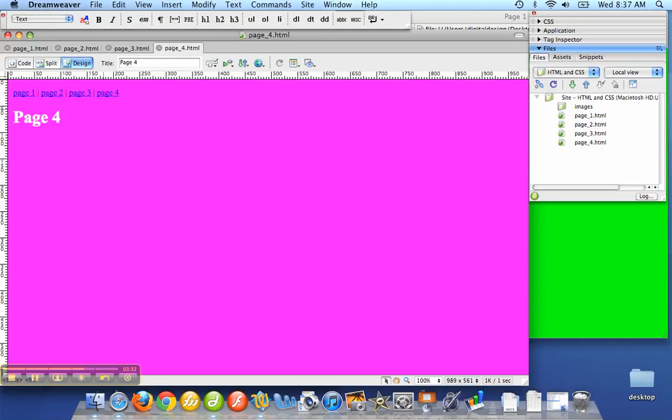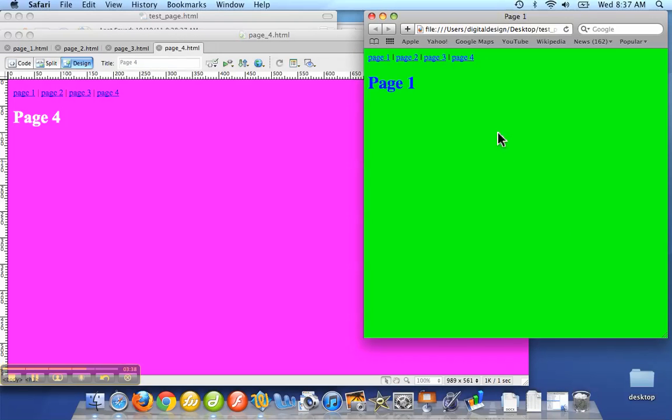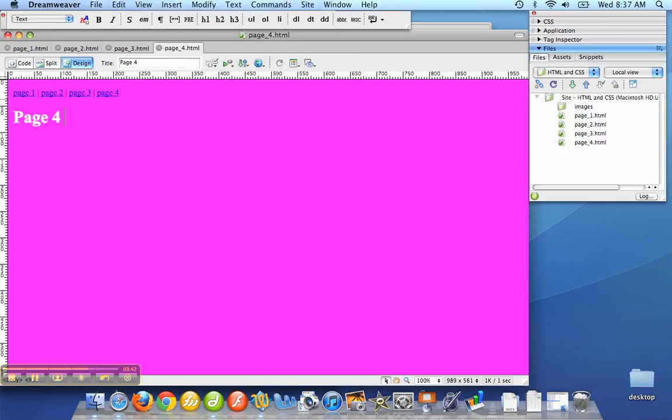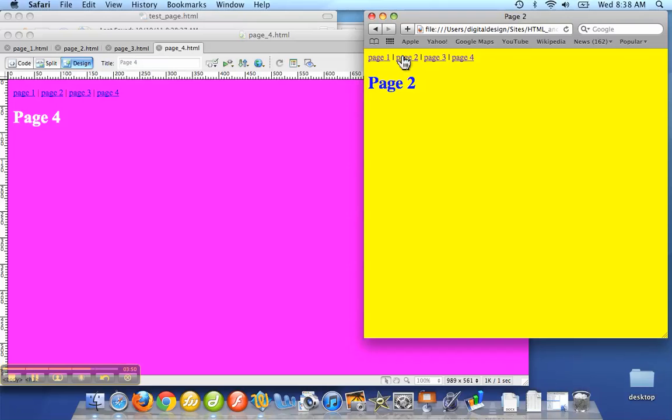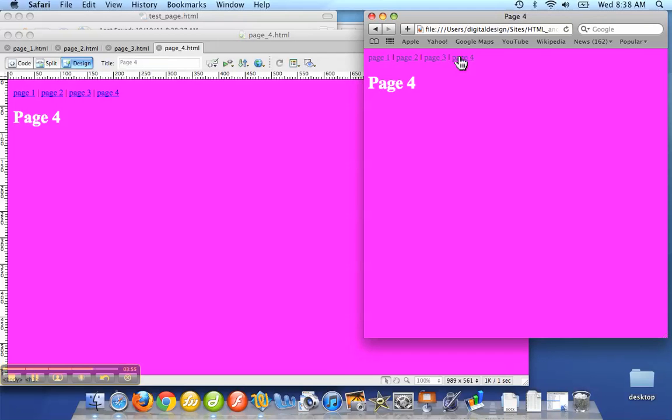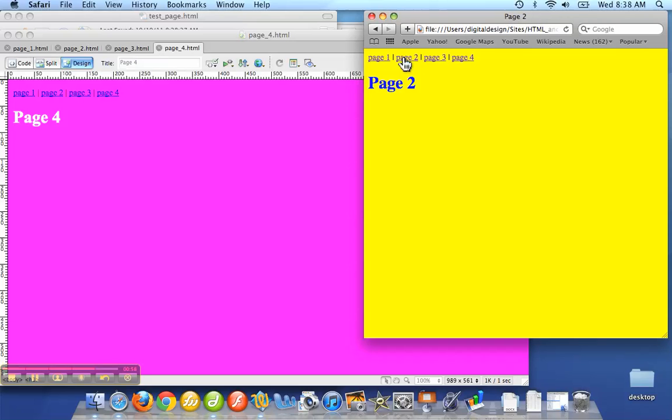Okay? So I want you to create all 4 of these pages. You should test these links to see they actually work. And I think what I'll do is, let me go back here. When we get to Dreamweaver, you should preview this in Safari. So if I click page 1, it goes to page 1, page 2 goes to page 2, page 3 goes to page 3, and page 4 goes to page 4. So again, notice the difference in color of the text and the background. Blue text,